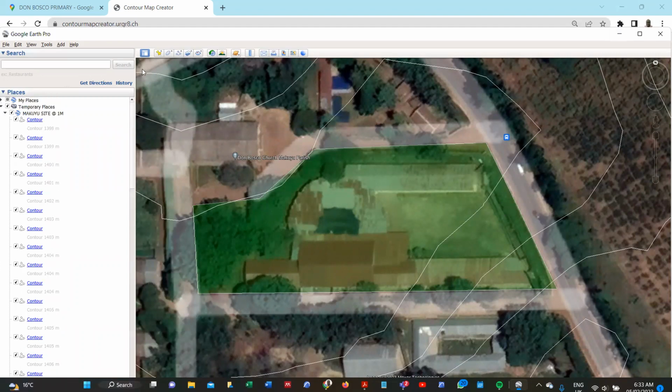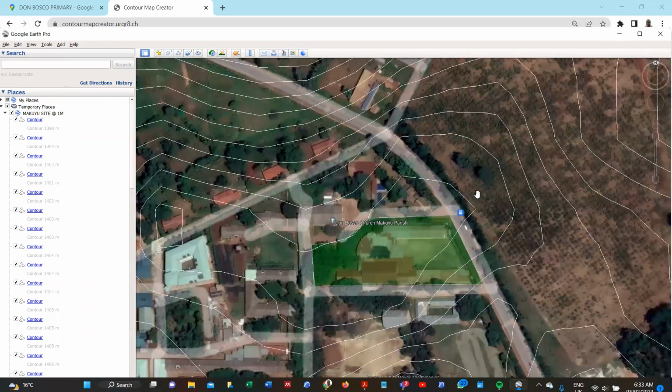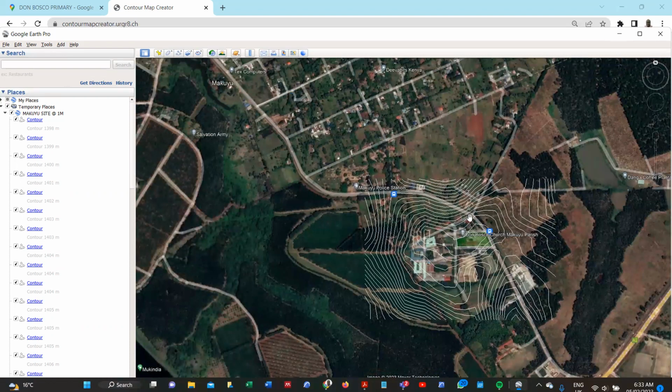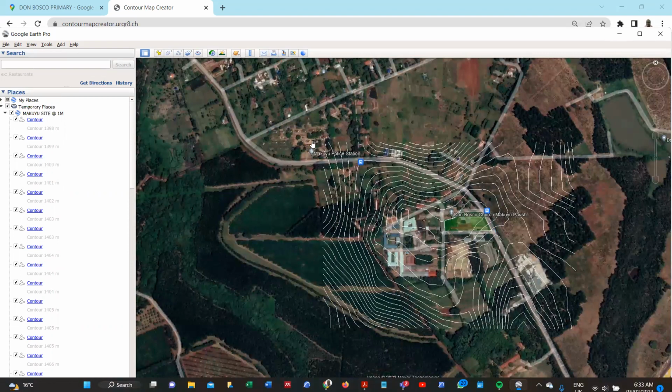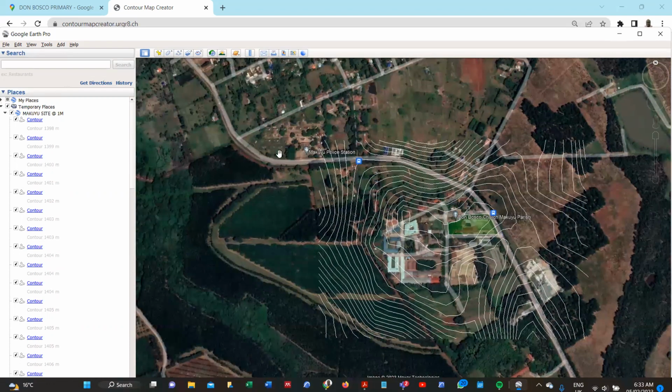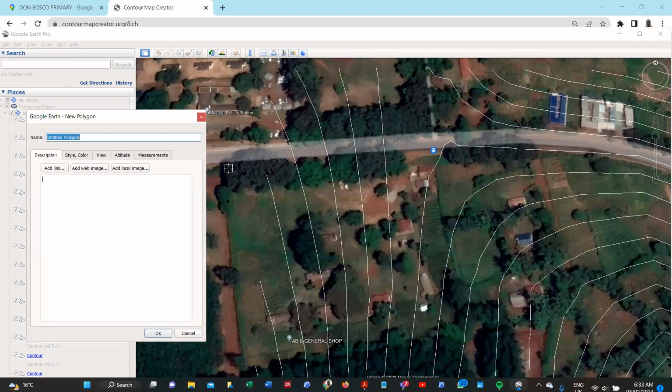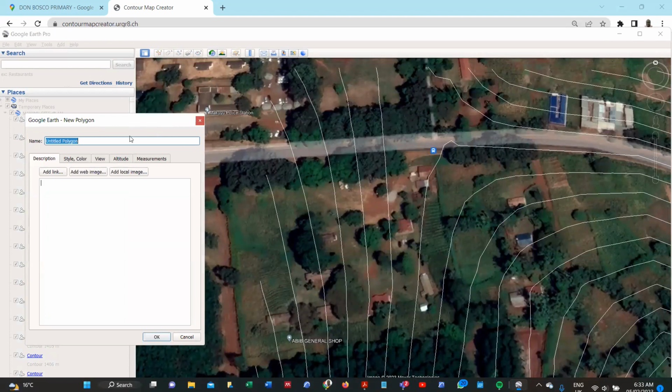Now, the other polygon that I will want to define is my road, okay? As you can see, we have a very important road, and we have various internal roads. So for this presentation, allow me just to handle the external road. But ideally, when you're modeling, you also have to pick up all internal roads. For the external road, I will model it maybe to the extent of our site. So allow me to start here. So I can call it main road. Okay. So if I say main road,